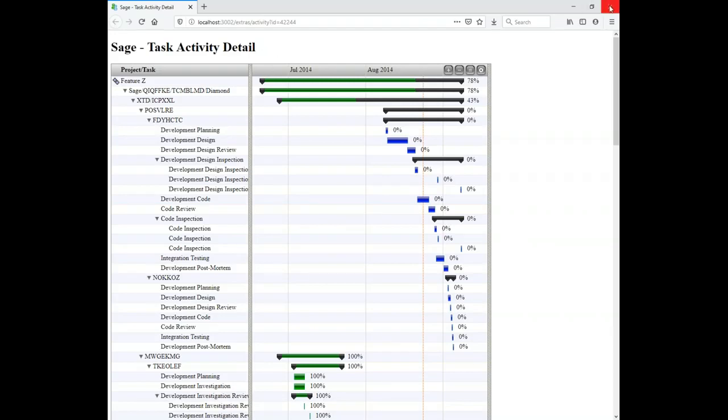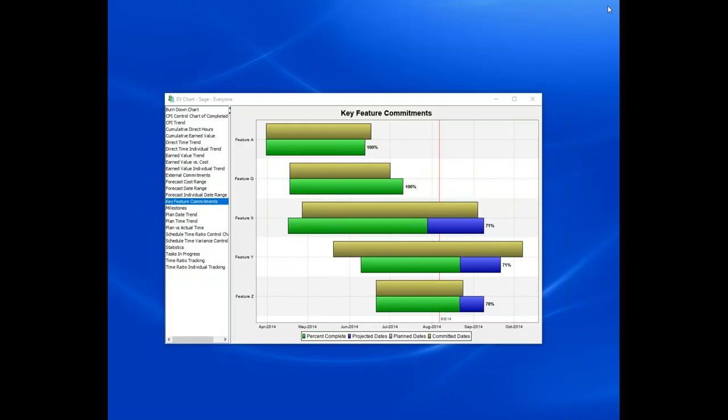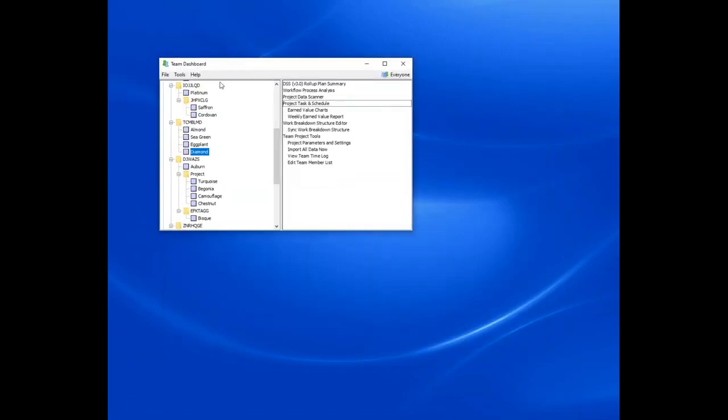Okay, so I could highlight a lot more charts for tracking schedule, but definitely not enough time today to cover them. So I'd like to switch gears again and show another chart which is extremely valuable. It's called the Workflow Process Analysis chart. Back on the team dashboard, once you've highlighted a particular project, Workflow Process Analysis is the second item in the list. So if I go ahead and bring that up,